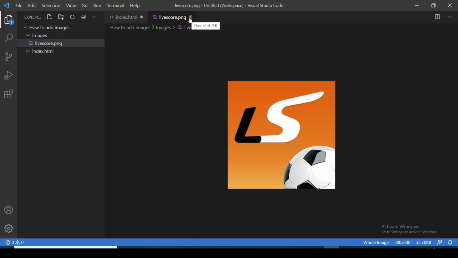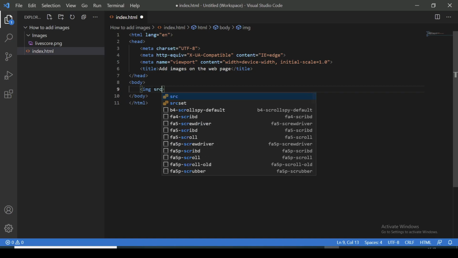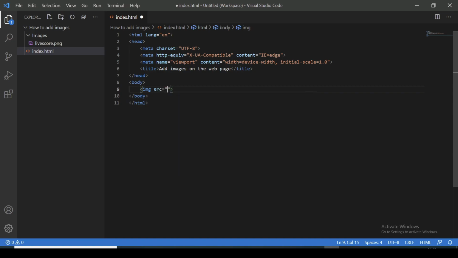And now we can create the image tag. Okay, let's create the image tag. And here you can notice that the image tag doesn't have a closing tag. The first attribute we need to add is the source attribute. And inside the source attribute we're gonna specify the path of the image. So we need to specify first the name of the folder, and the name of the folder is images,